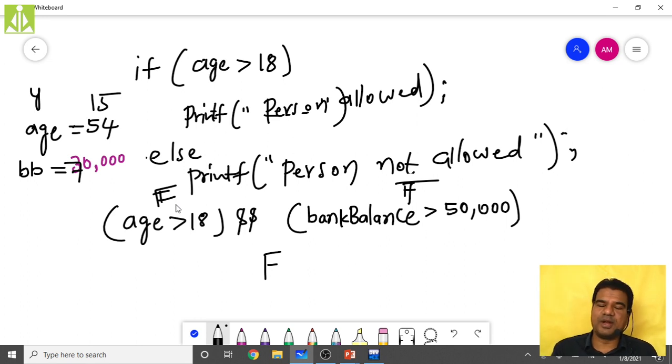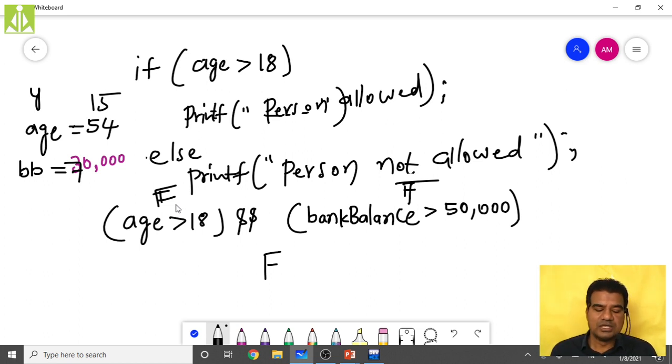So in that sense, the logical AND operator is used. In case of logical AND operation, both the conditions must be true. Remember that one. Both the conditions or both the operands must return true. Then only the final value will become true and you will get the positive response. If any of the operands is returning false, the final value will also become false and you will get the negative response. Over here, as the person's age is below 18 years, he is not allowed to vote. You are getting negative response.